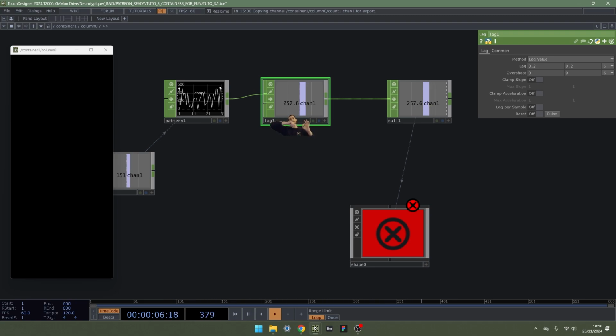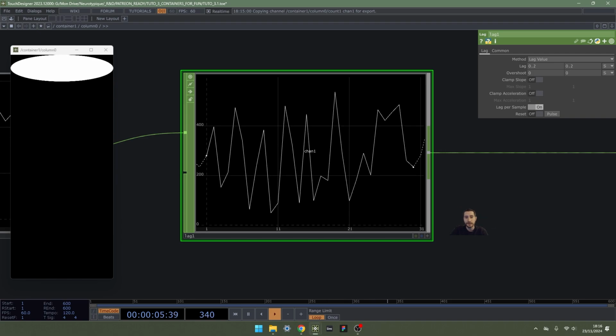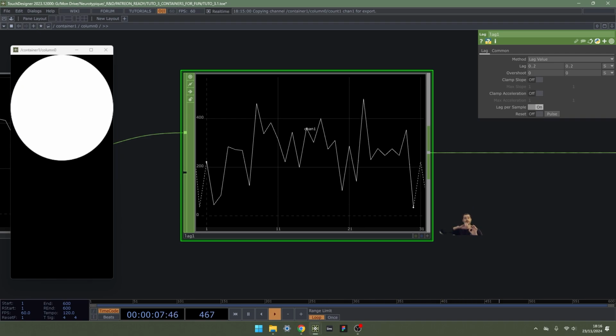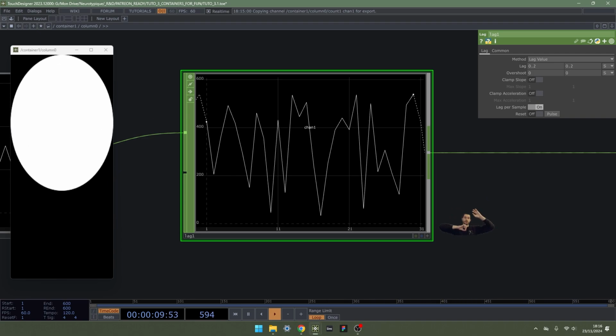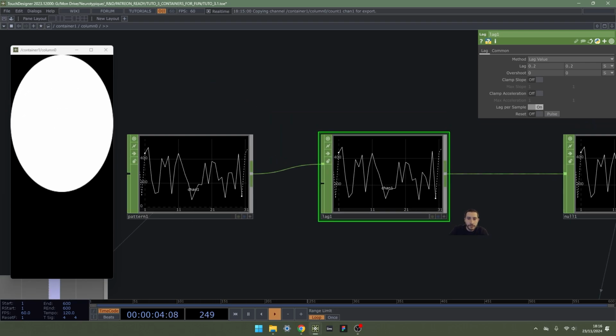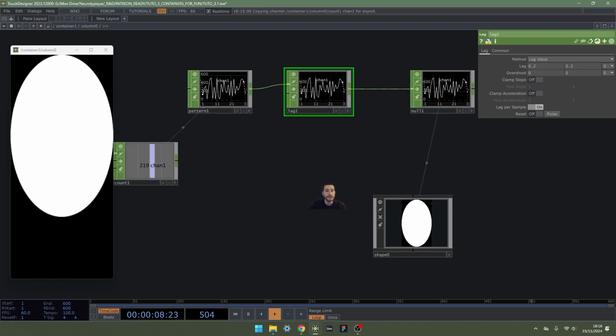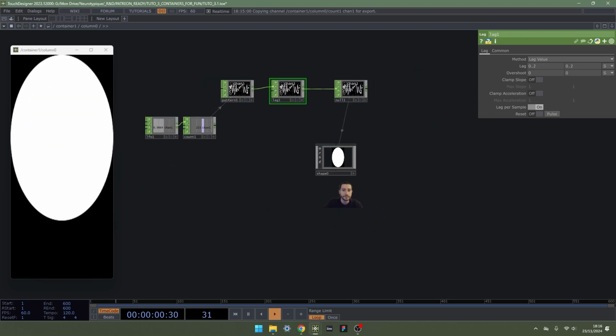But when you have a string of samples, when your chop is long, you can just say I want my lag to be per sample, and now it's working exactly how you expect. It's just lagging between values independently with each sample. Okay, and on the left we see it's working exactly as we want.